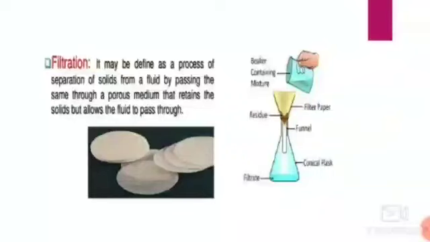In laboratories, a filter paper is used in the process of filtration. For one filter process, you use only one filter paper. A filter paper is a special type of paper with very fine holes in it. It is folded to form a cone and is placed in the conical shaped funnel. The liquid passes through the holes, but the solids are retained on the top of the filter paper. The solid left on the top of the filter paper is known as residue, while the liquid which passes through the filter paper down into the vessel is called the filtrate. So this was all about filter paper, children.